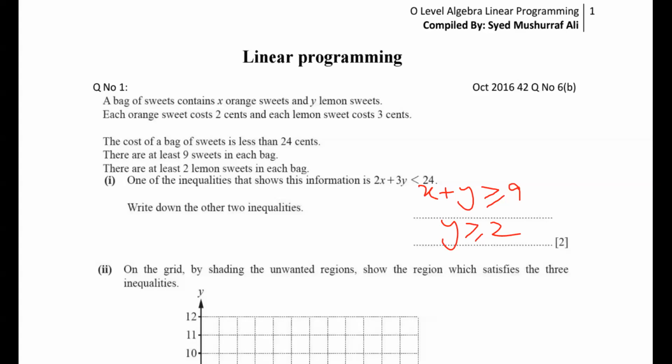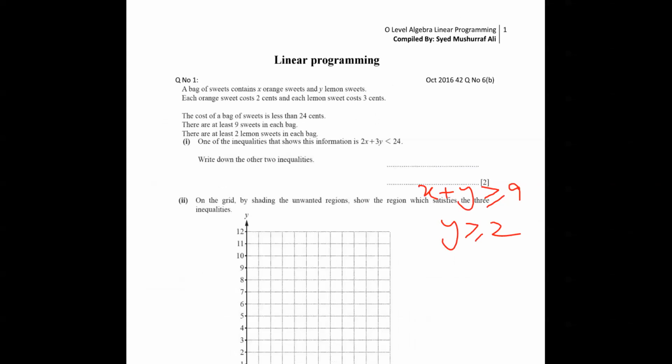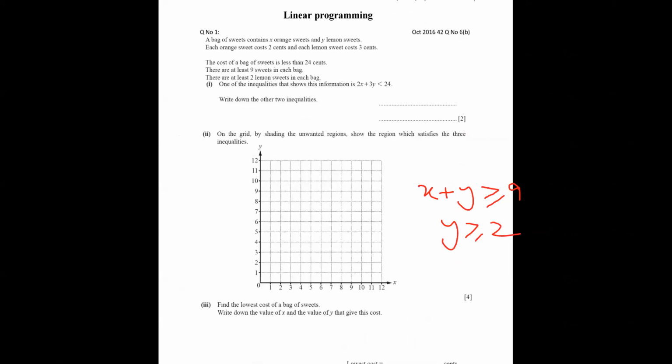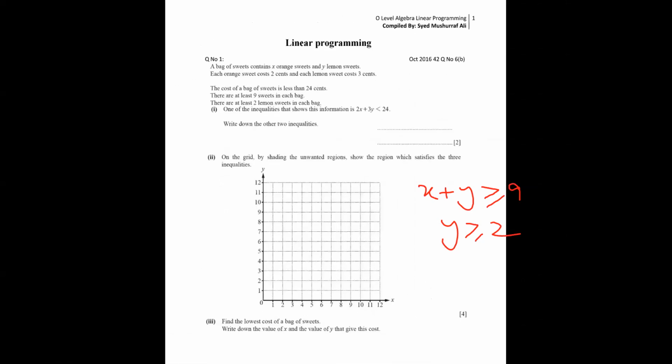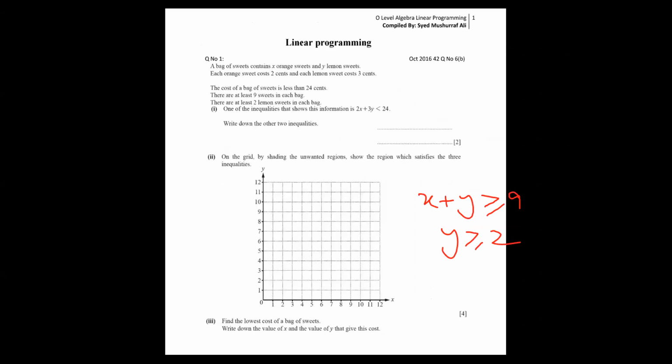Now I'm going to sketch these things, and inshallah I hope you will understand. Now I make this diagram. My attention is on the diagram and my three equations. Let me write three equations here, then I'll start. My first equation I'm writing on the top here. So the first equation is 2x plus 3y less than or equal to 24.